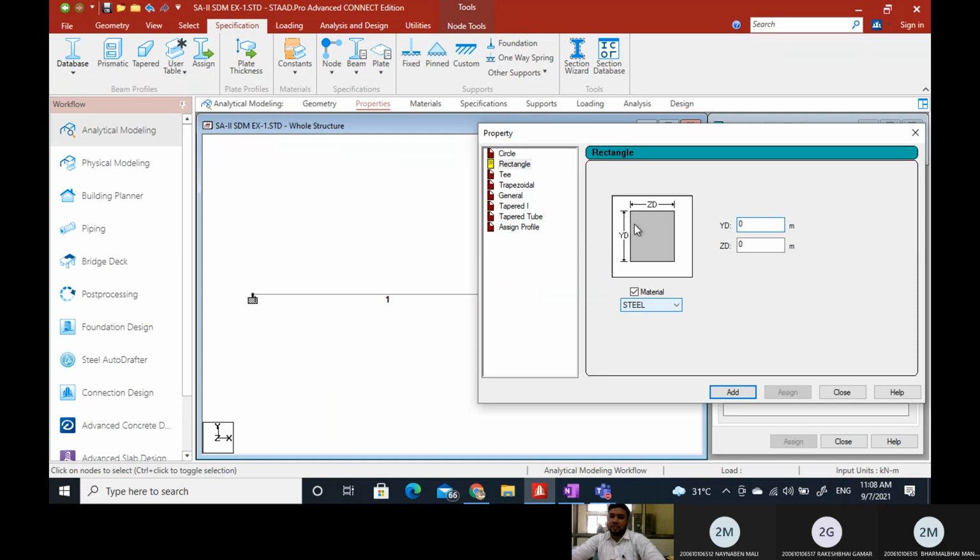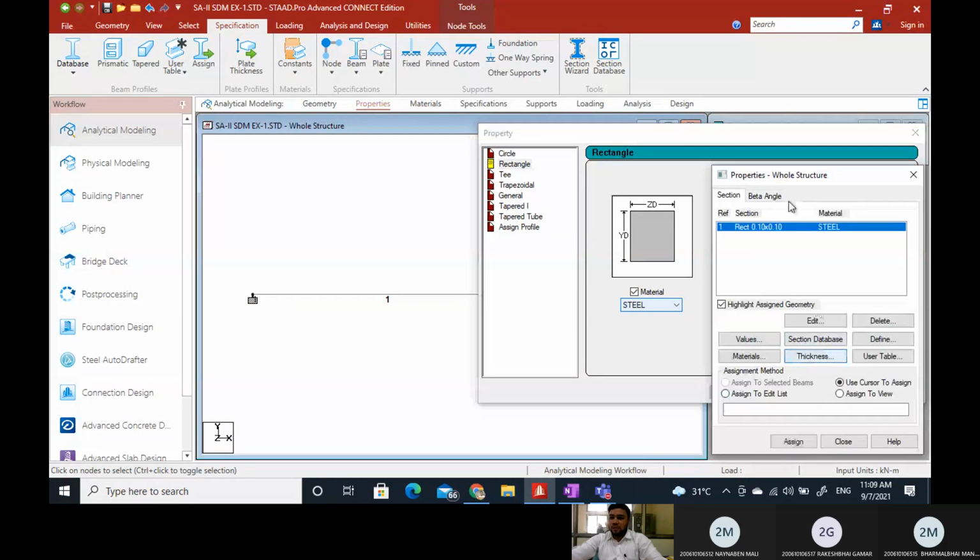So we are selecting a rectangular section. You can select circular section, any section based on your beam. If your beam is rectangular, you select rectangular. If you are designing a vertical column and it is circular, you select the circular. But in this case, EI is constant. So you give any value, it will not make any difference. So let us select 0.1 and 0.1.